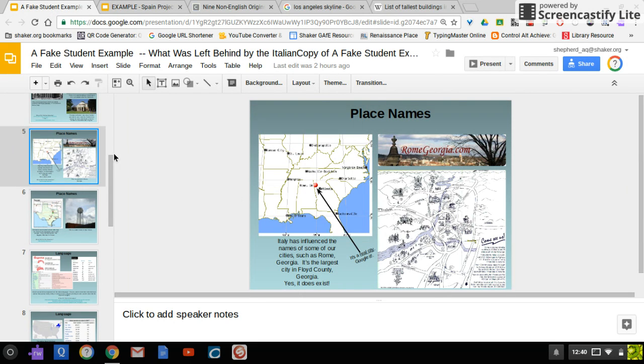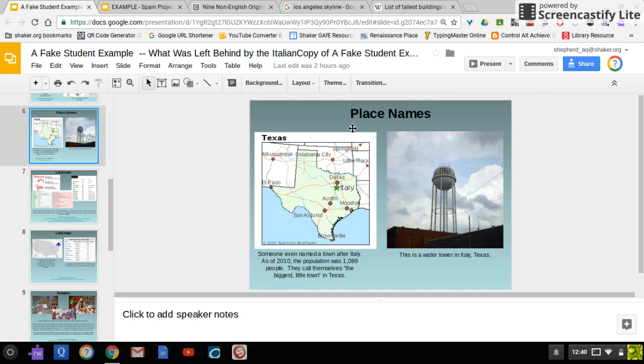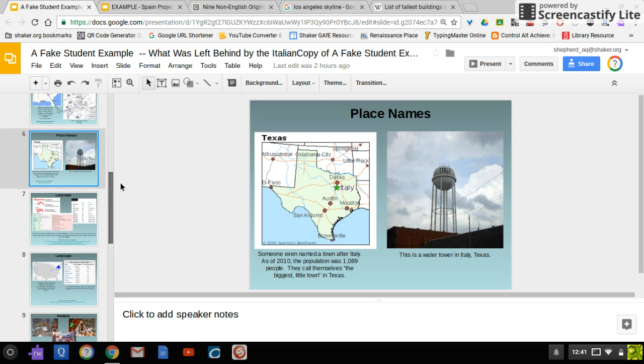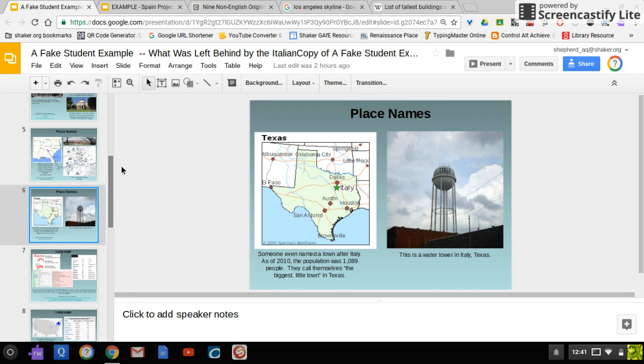Keep in mind the fake student example. And I would say for each of the sections, for place names, languages, etc., you want to do at least 2 slides. That's at the very minimum. I would say go ahead and do 2 slides for each. And if you feel very ambitious, you can always go back and do more. But once again, you want to keep that example open so you can have an idea of what you can do for each particular slide. It will help you in the long run,